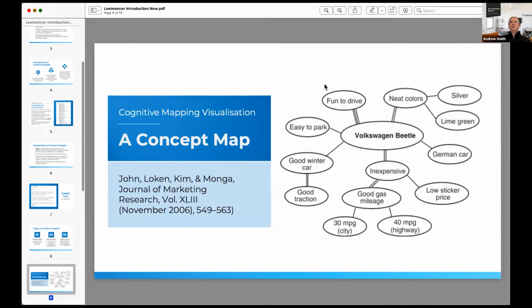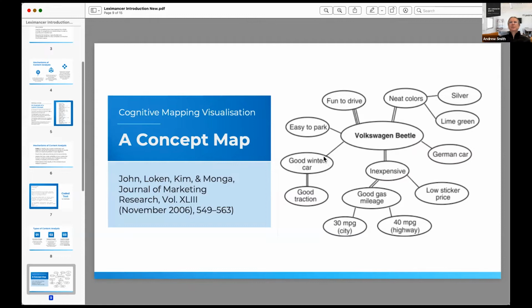Well, the people who build them hope they're going to be intuitive, but maybe they're not. And the more you look at them, the more you realize that they're probably not as intuitive as we might think. For example, why is neat colors a bubble by itself? What caused that to happen? Why are silver and lime green separate? Why aren't they all packed into the neat colors theme?